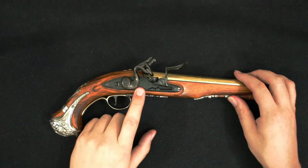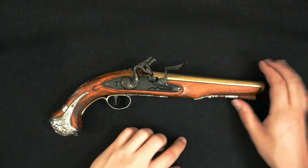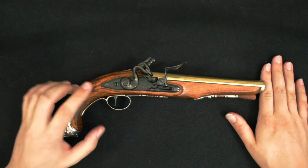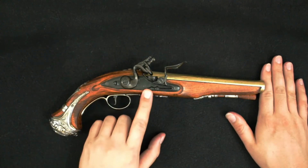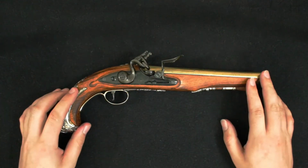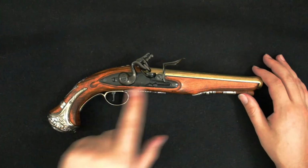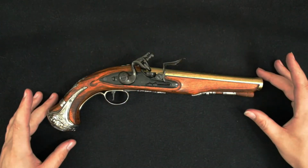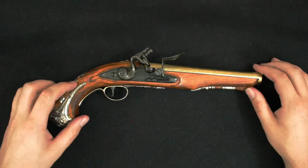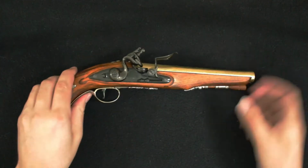So I keep talking about the lock mechanism. Lot going on here. That's the majority of the mechanics happening with this era of firearms. The lock is part of another term that we use frequently: lock, stock, and barrel. Maybe you're thinking of Lock, Stock, and Two Smoking Barrels. Great movie. But lock, stock, and barrel refers to the weapon as a whole. And that's because often in this time period, different pieces were made by different gunsmiths. In this case,